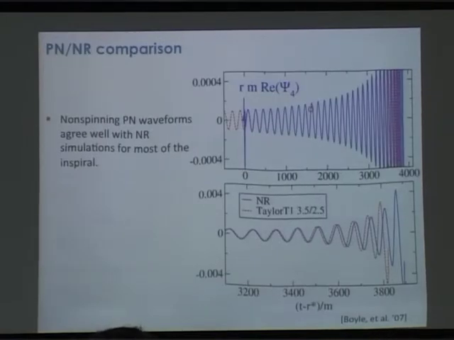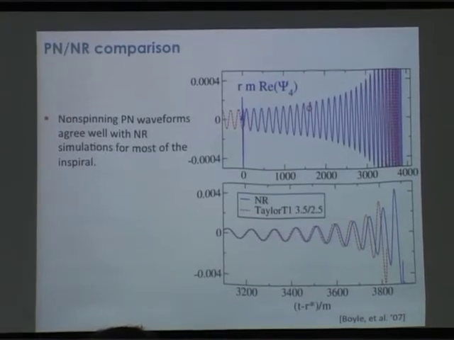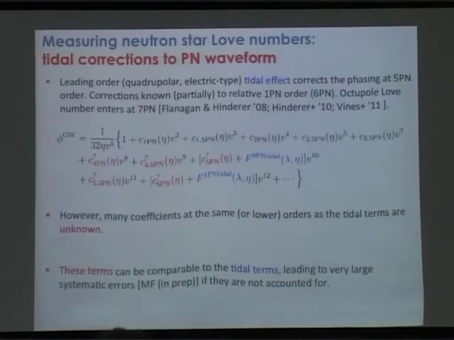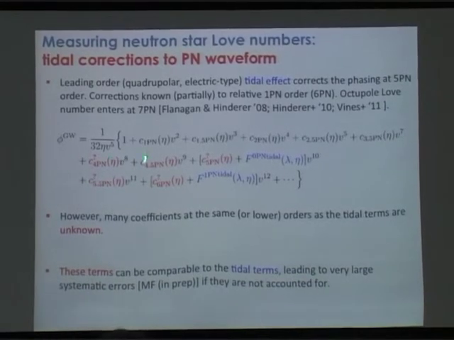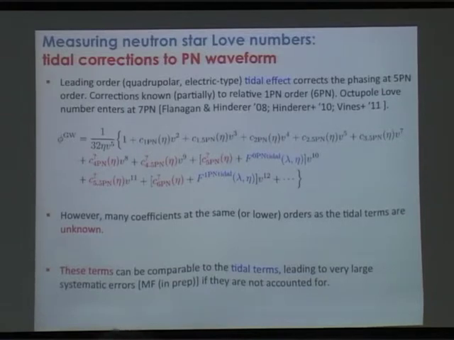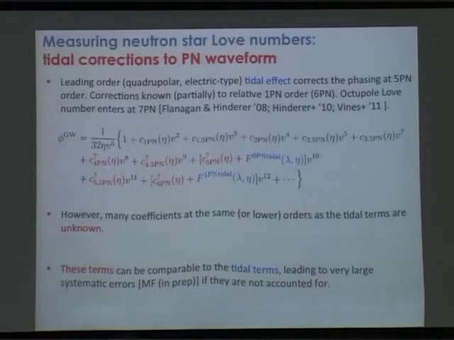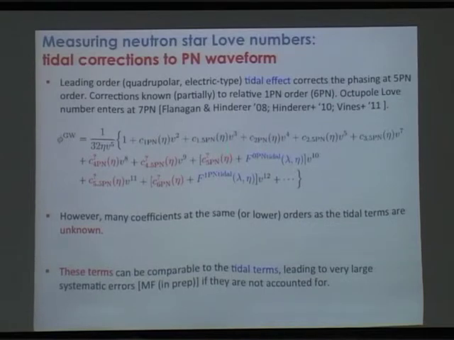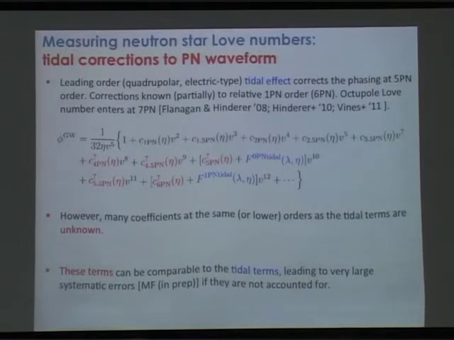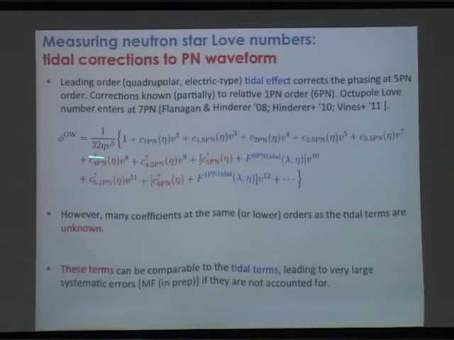Are there arguments that these tidal terms are expected to be larger than these higher order Newtonian terms? Well, you can make an estimate for what these terms are, just based on, say, the black hole perturbation theory limit, which I'll talk about later. And if you do that estimate, these terms are not negligible compared to this term. These tidal terms are actually much larger than you might expect them to be, because this Love number parameter, if you write it in a dimensionless way, is actually quite a big number, which is why we're able to even think about detecting this effect at all. But these other terms are also very big. This term is not so big that it dominates these lower order terms.